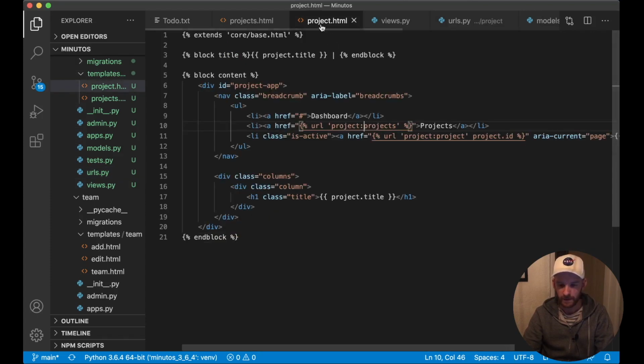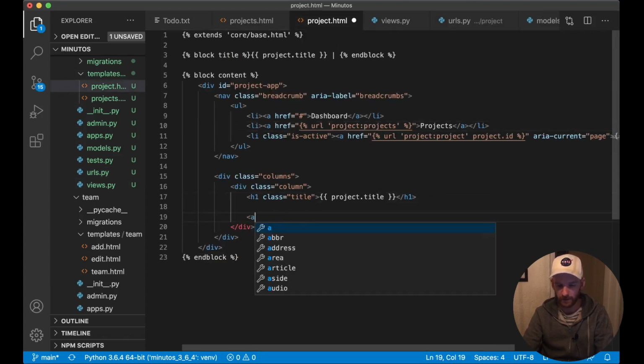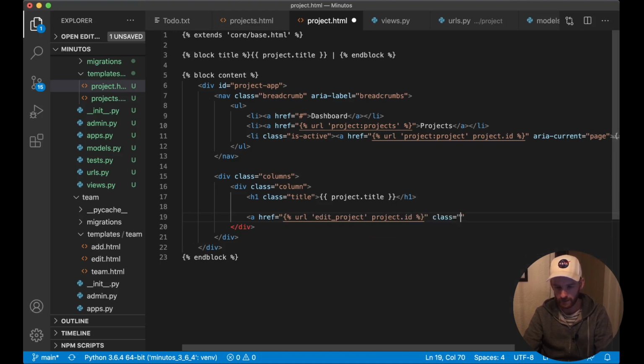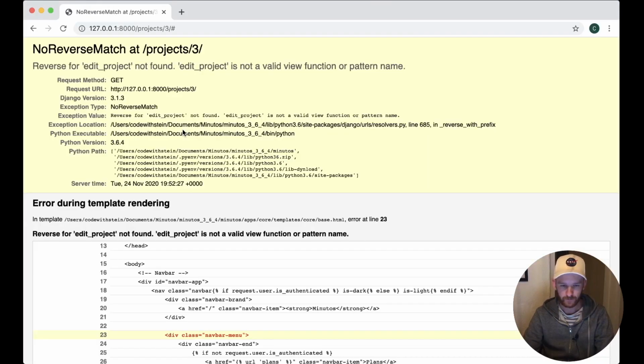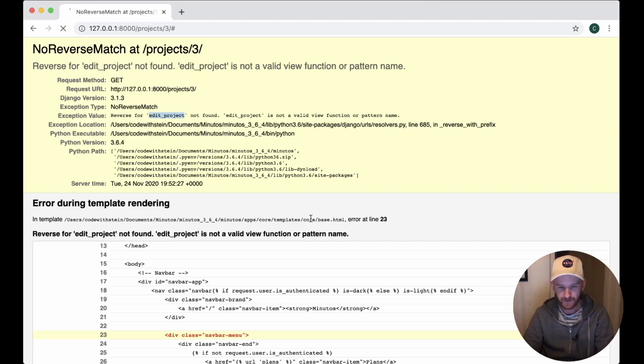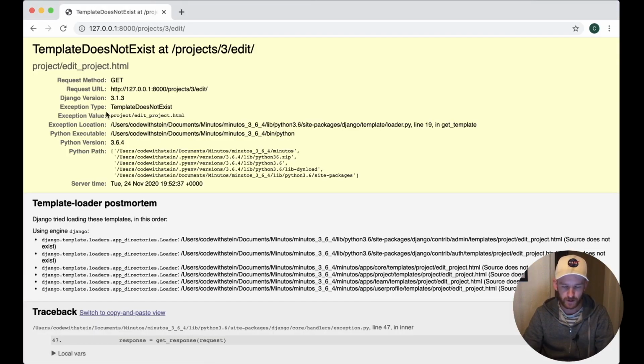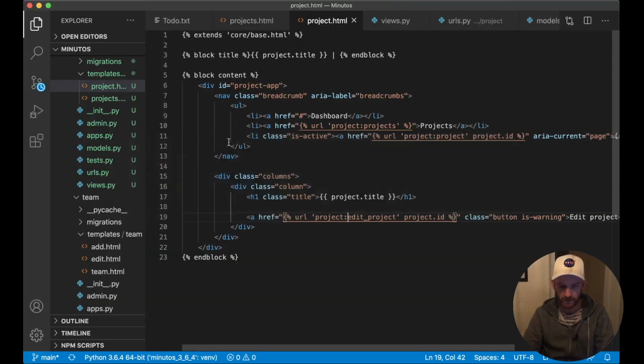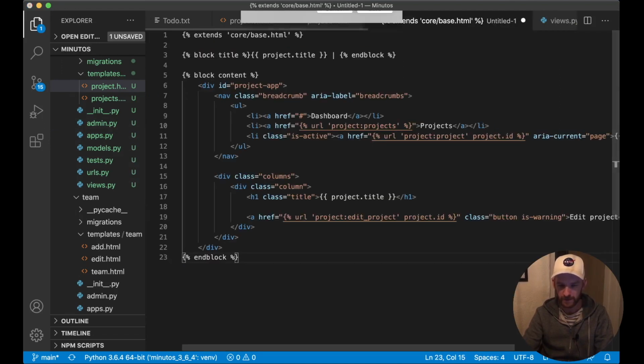So then inside the project we can add a new button here, href URL edit project, and pass in project.id. Class button is warning, so it's yellow. Edit project, and save. If I refresh now, I get an error. Forgot to add this again. Always forget the namespace. Refresh, and now I have the edit project. I haven't created a template yet, but that was expected. So I can copy all of this, paste it,